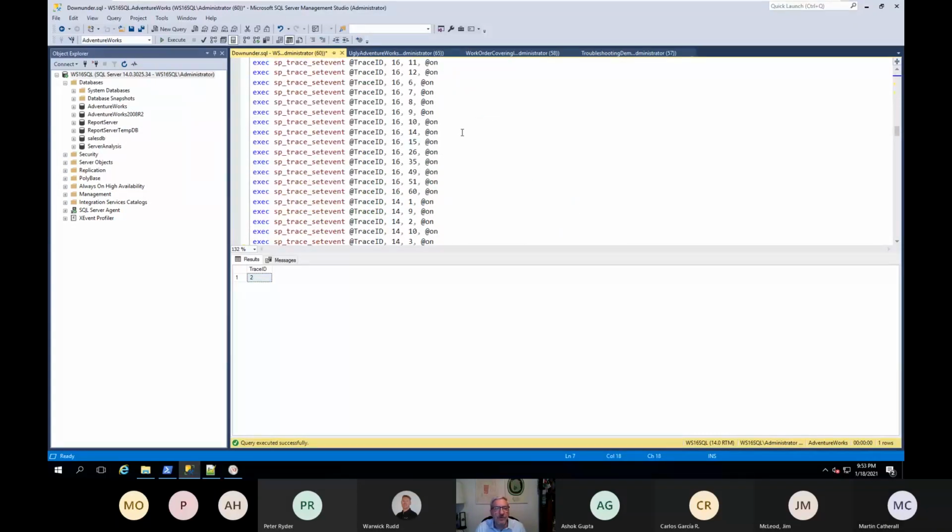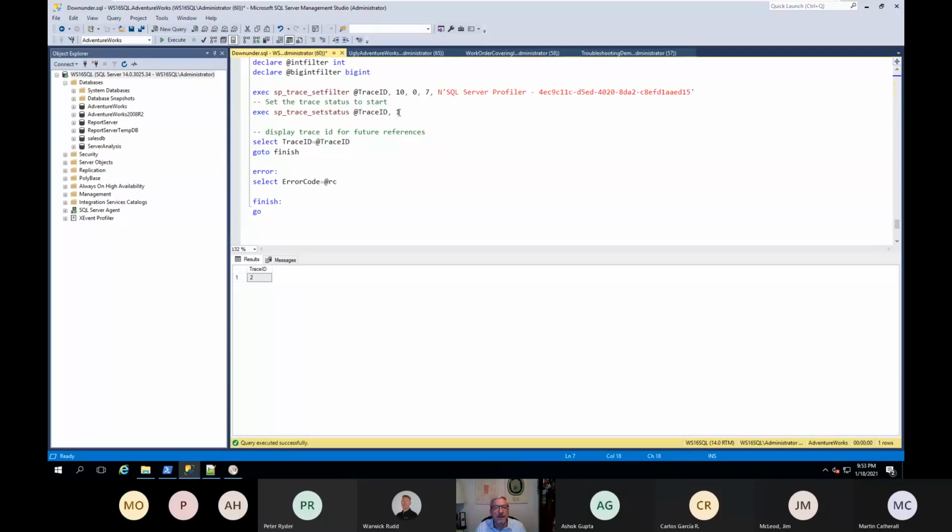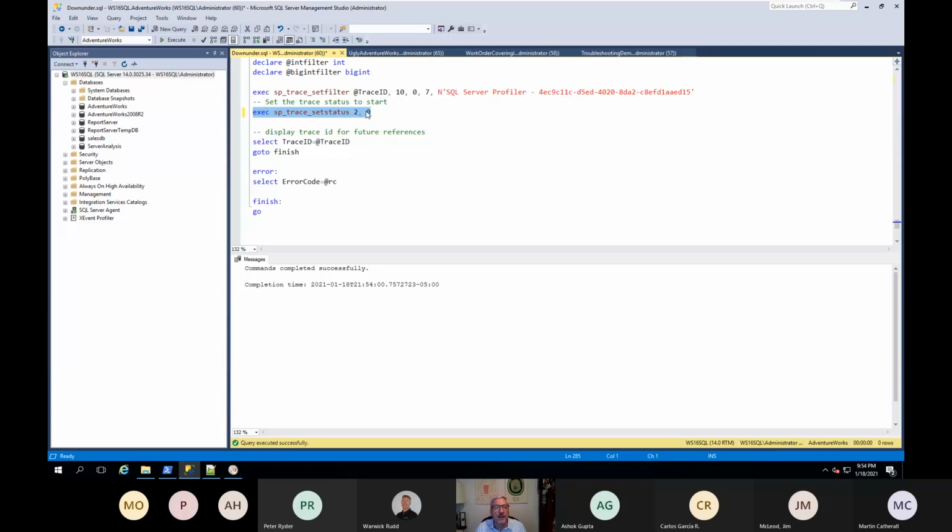How do we stop the trace? Much the same way we started it. Instead, we'll change this trace ID to the 2 that we see down below, and a 0 stops the trace, and a 2 removes the trace.